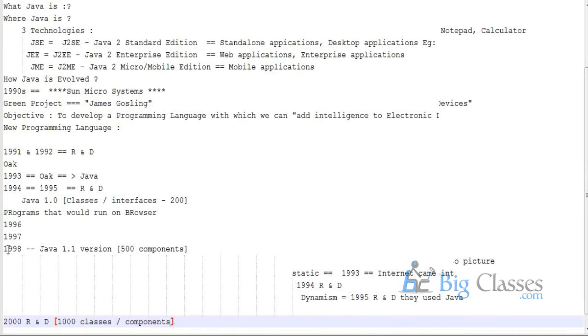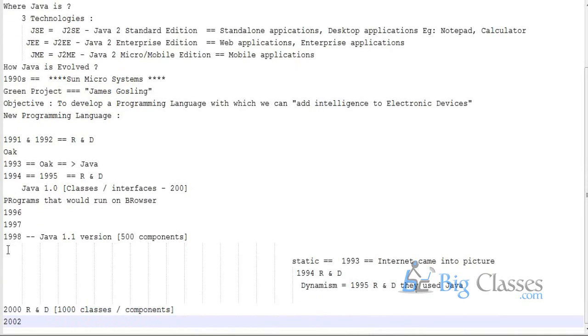Then in 2002, the Java 1.2 version came into existence. When Java 1.2 was released, the market demanded a name for Java. James Gosling's team considered the decimal, that is .2, into account and named it Java 2.